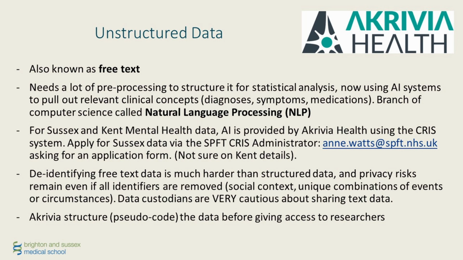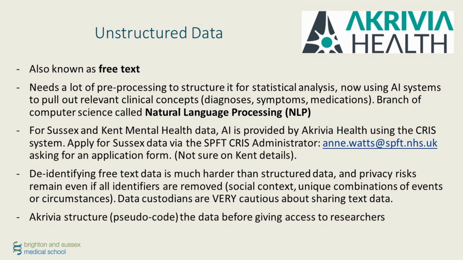The other issue is that unstructured data needs a lot of pre-processing to structure it in order to do statistical analysis. We don't usually want to take 12 patients and read all their data and do a qualitative analysis. We want to structure it up in a way that we can do analysis over thousands of patients. So AI is obviously developing really fast. ChatGPT and its subsidiary AI systems have been a real game changer in this branch of computer science called